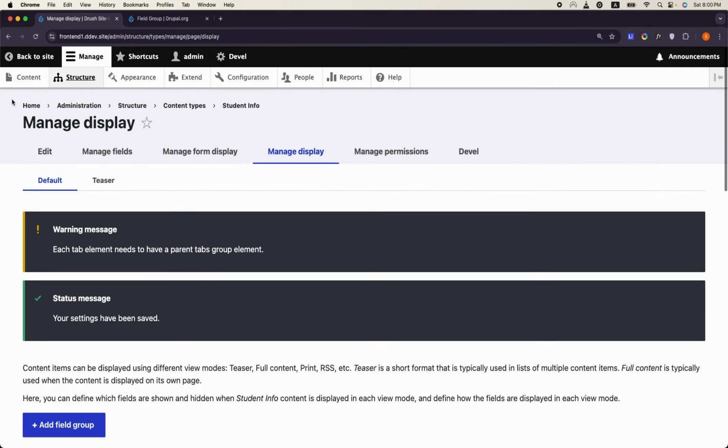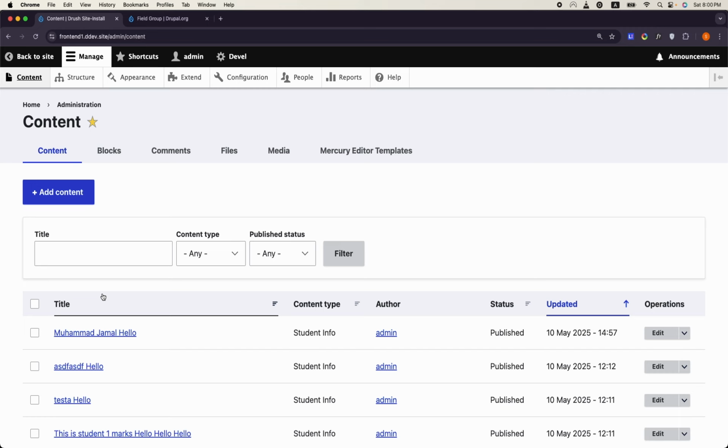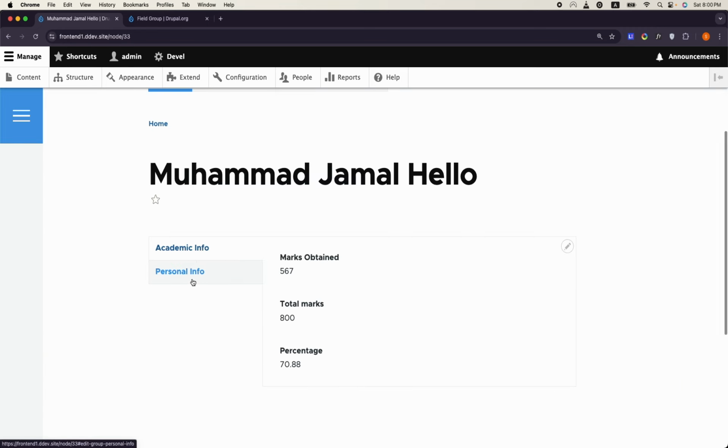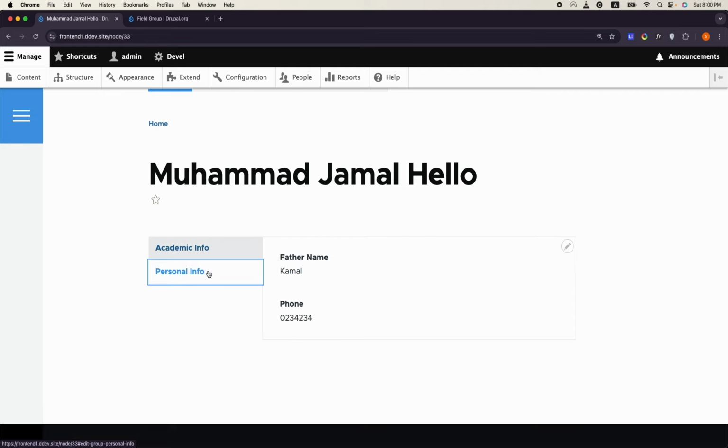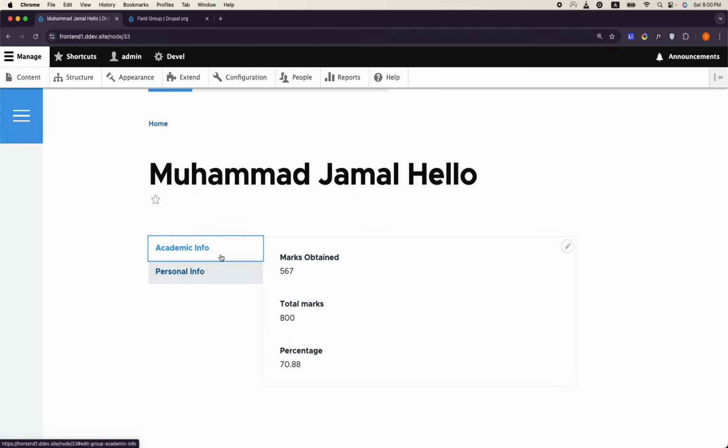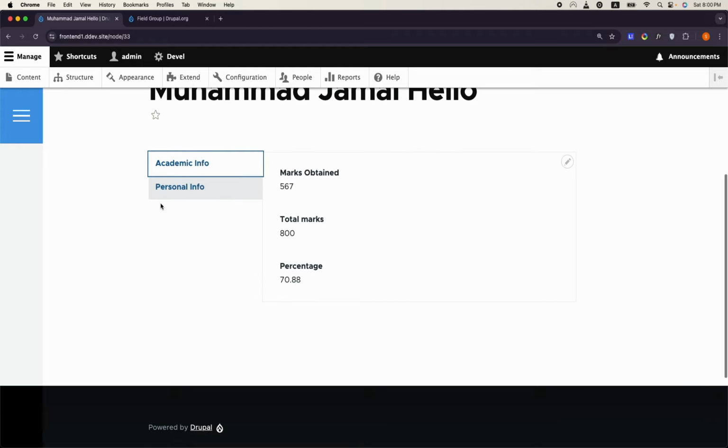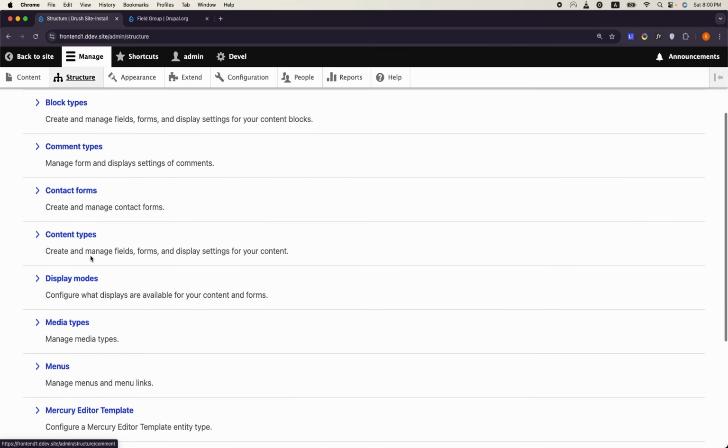Okay, so if you go to content and Muhammad Jamal, so why is it showing in vertical tabs? Because the type of the tabs is vertical. Yes, sir. But you get the idea. You can have a lot of such headers here, and to the right the information will display. If you want to change it to horizontal ones, so